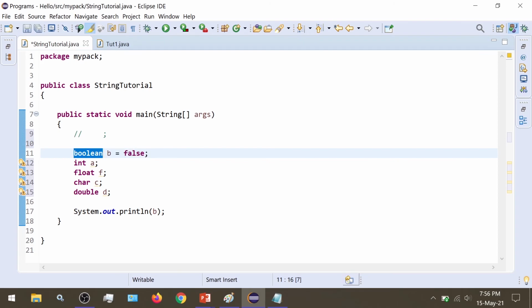In this statement, the work to be done is to make a variable b of type boolean with value false. It needs to take the complete statement in one go, because if it takes only boolean, then b, then assignment, then false, it would be confused and would not know what to do with these individual values.